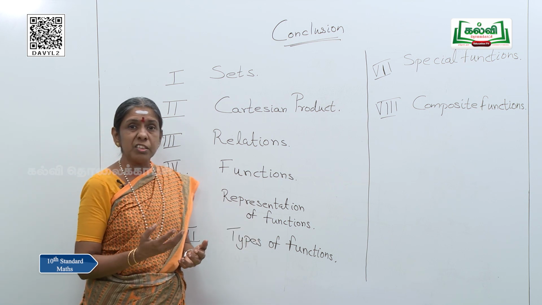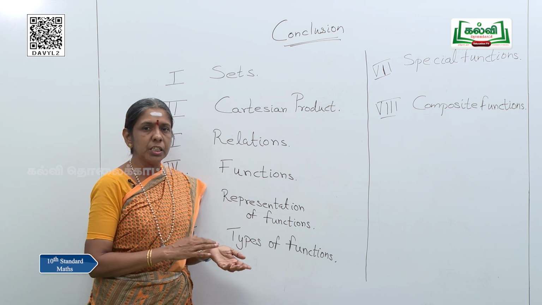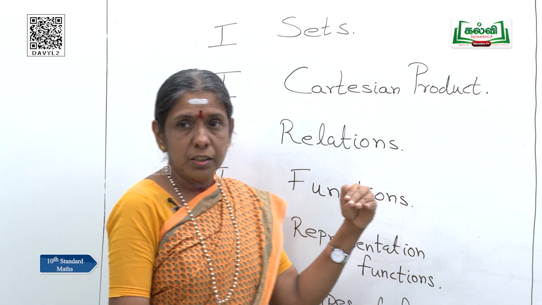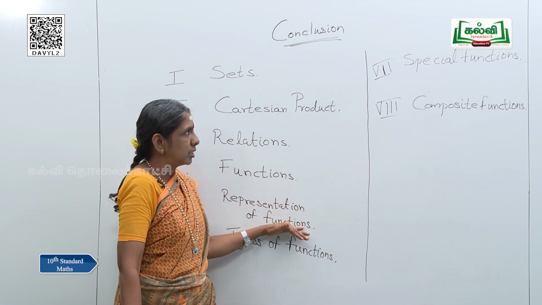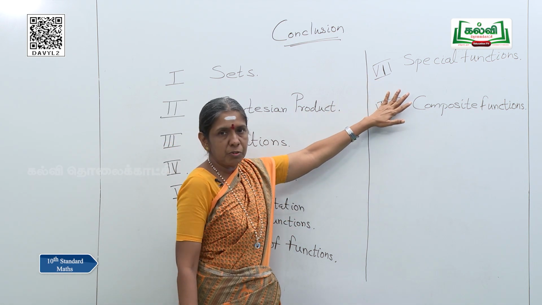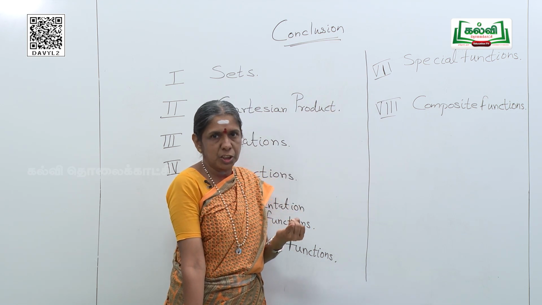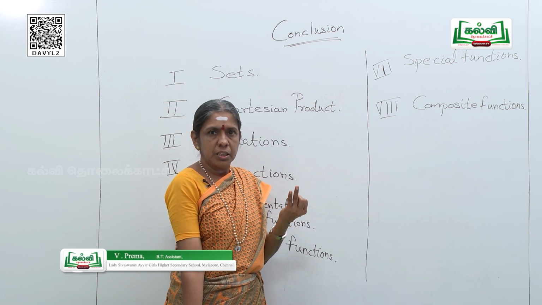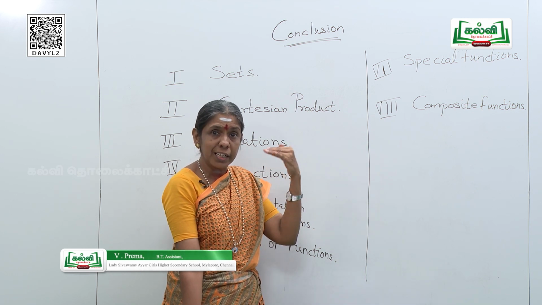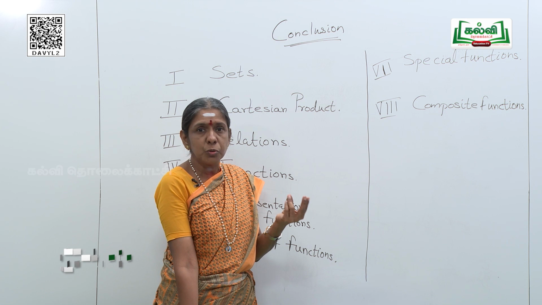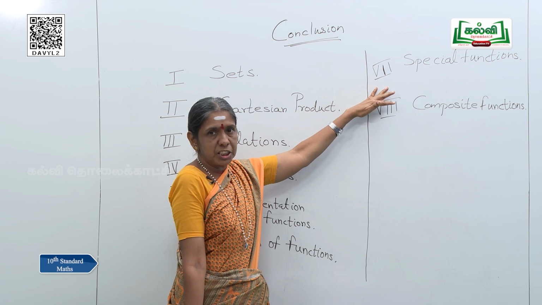Then we studied the different types of functions: one-one function, many-to-one function, onto function, into function. We also studied what is an image, what is a pre-image, what is a range, all these in functions. And then we went to some special types of functions. Do you remember what are the special types of functions? Identity function, constant functions, then reciprocal function. Then you studied higher functions like quadratic functions, cubic functions, which you will be dealing with much more in higher classes. Those are called special functions.